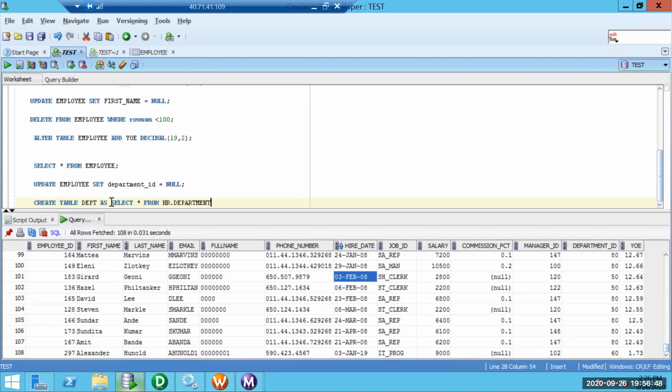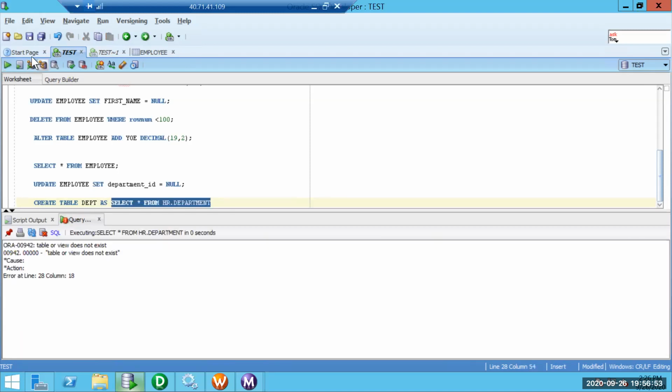In the department table, I am going to specify multiple rows.